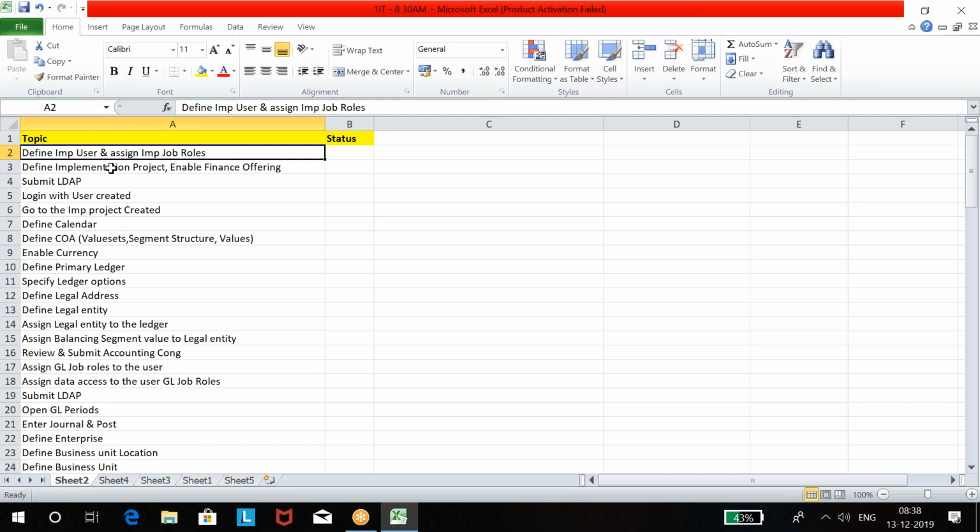We create a project first, right? Within the project, we have to enable the offering we are going to set up. Now this training is on financial modules, so we have to enable the financials offering for a project. And then you have a project to start setups, isn't it? So we'll do that now.